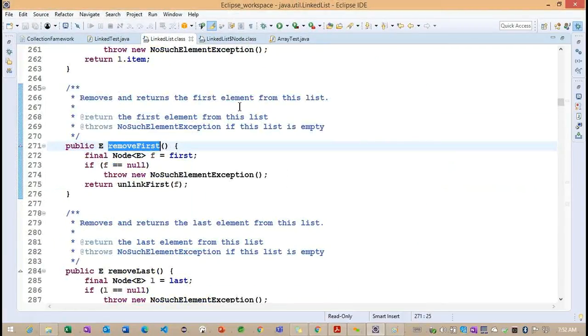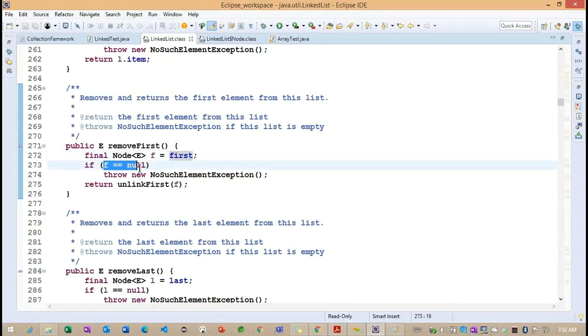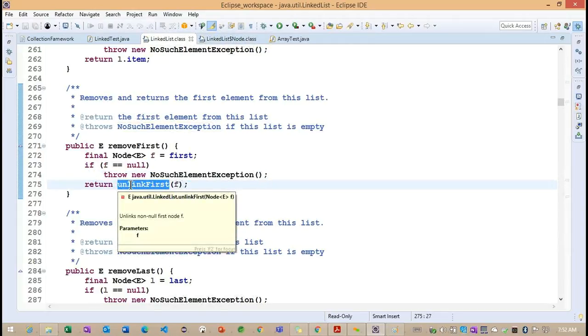Now we can go for remove first here. You can see what it does internally: it takes the first node. If the first node cannot be found, it throws a no such element exception. Otherwise, it will unlink first, removing the references for this particular first node.